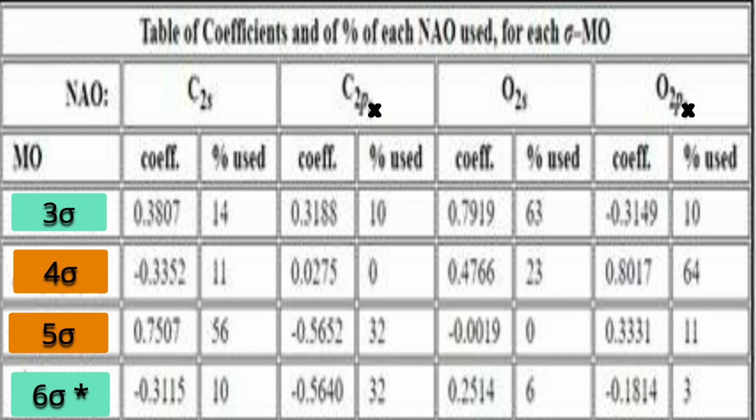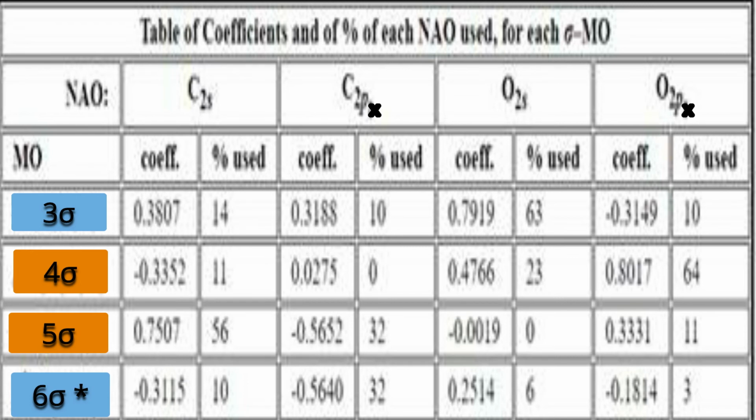Now come to 6 sigma star orbital, highest orbital here. Major contribution is from carbon 2px. So we can say that antibonding sigma orbital belongs more to carbon. And this orbital is antibonding to all: carbon 2s also, oxygen 2s also, oxygen 2px also. So this orbital is beyond doubt an anti-bonding orbital. Therefore, I represented that orbital by one special color, sky blue color, 3 sigma and 6 sigma star. Since their nature was beyond doubt, no mixing, therefore one color was used.